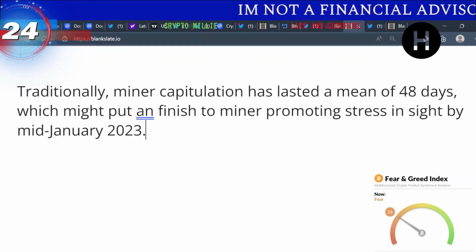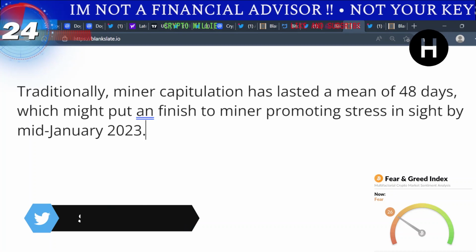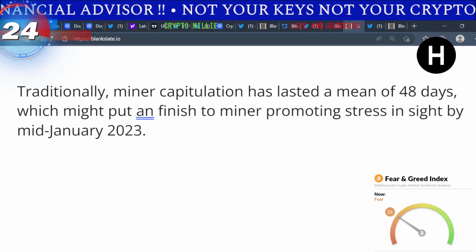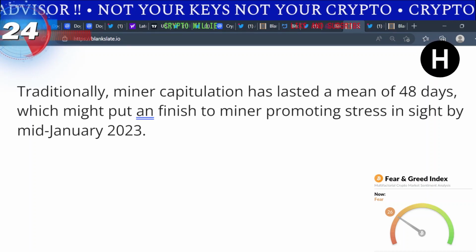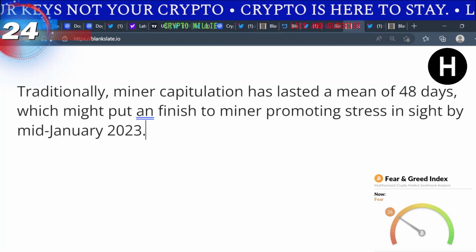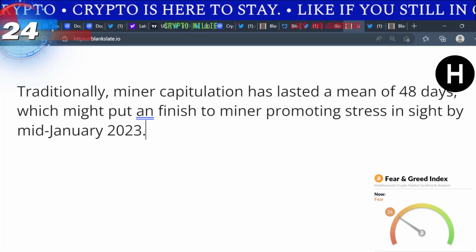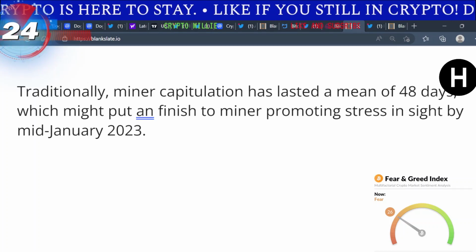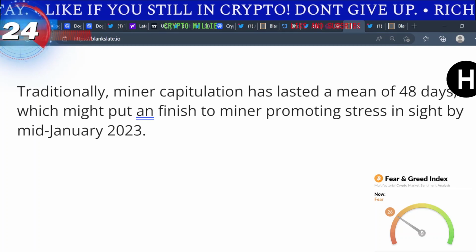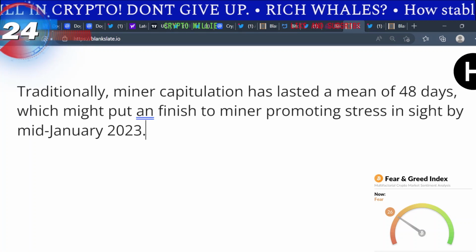It says traditionally, though, I want y'all to keep this in mind, miner capitulation has lasted 48 days, which means that would put us right around mid-January 2023, where we see the complete floor as far as miner capitulation. So again, another metric giving you insight on how long these capitulations and contagion moments actually last in the space. So they say we get 48 days. So if this just started, and we got another 48 days of this,